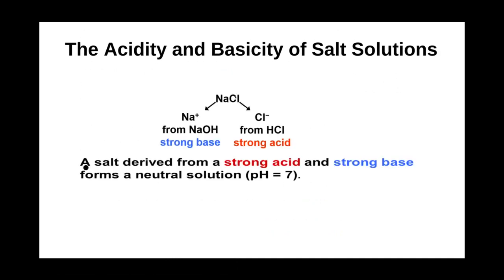Right? So let's look at this conceptually. Now we have sodium chloride. If we have the reaction of sodium hydroxide, NaOH, reacting with hydrochloric acid, we see sodium hydroxide is a strong base, HCl is a strong acid. One of the products they form is sodium chloride, as we've looked at in this reaction before, right? The chlorine has to come from the strong acid, and the sodium has to come from the strong base. Now, what's left over? H2O, right? The hydrogen and the hydroxide. So we looked at this equation before.